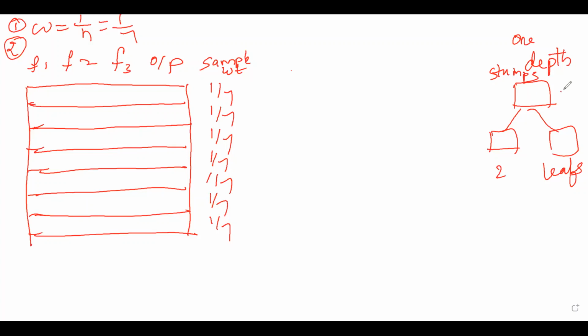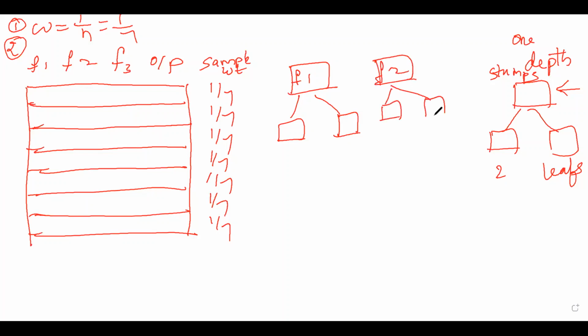A decision tree with one depth having n number of leaves, or any 2 leaves, we call it a stump. We consider F1 as one stump, and we create one more stump for F2. Similarly, for F3, one more stump.